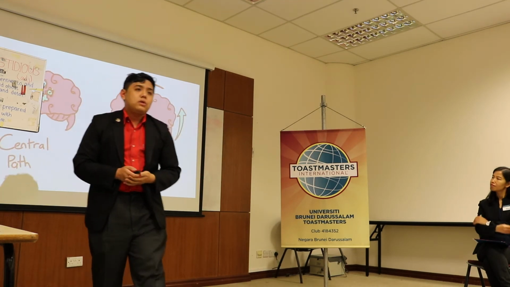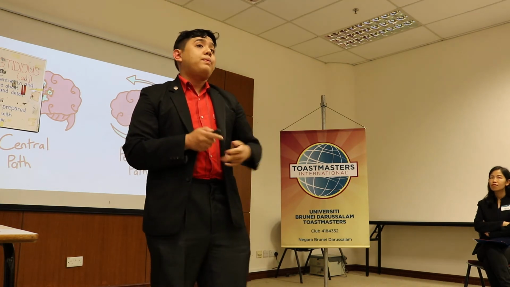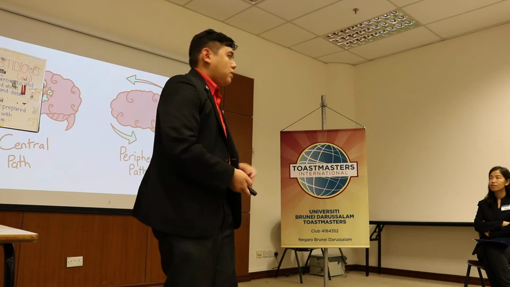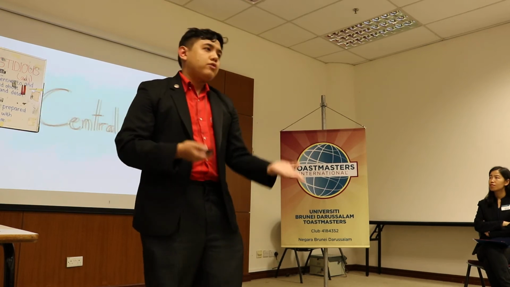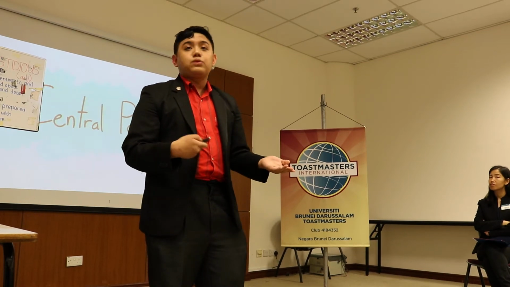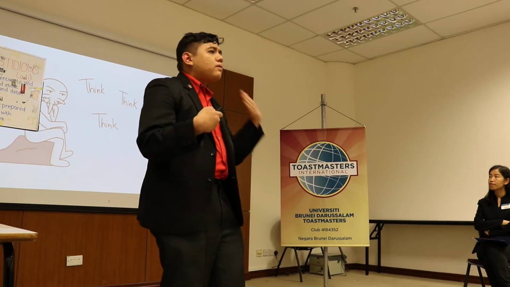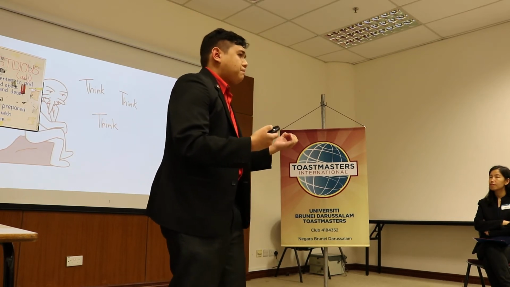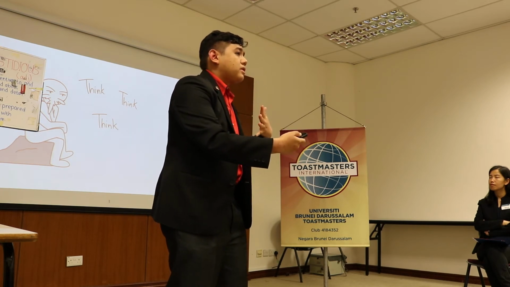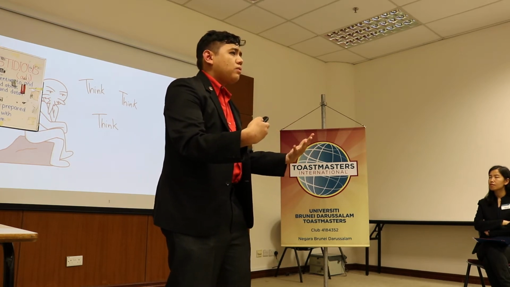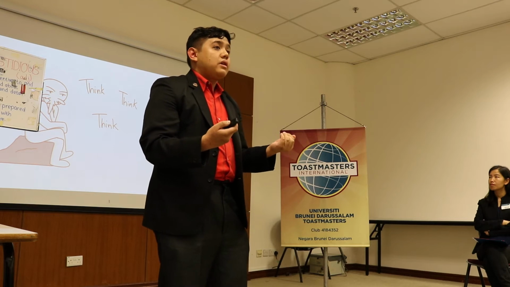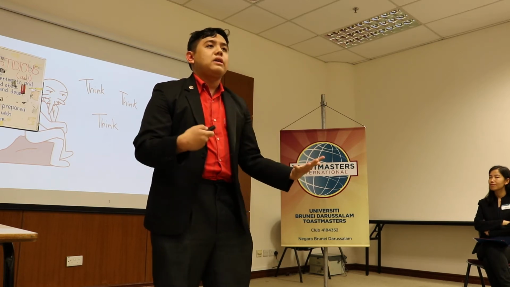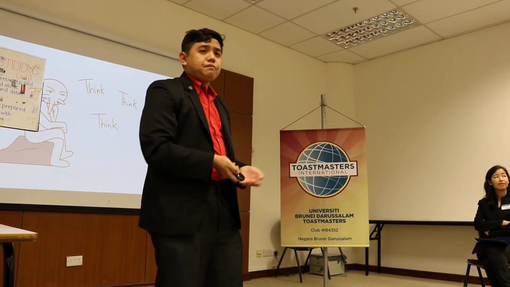In the elaboration likelihood model, there are basically two paths that a person would take, which are the central path and the peripheral path. In the central path, people take full consideration of the logic, the arguments, how strong the research is, how hefty the arguments are. So they focus more on the content, and this takes a lot of time.